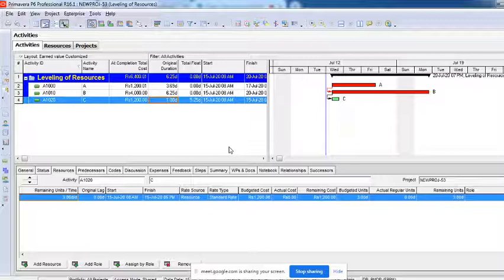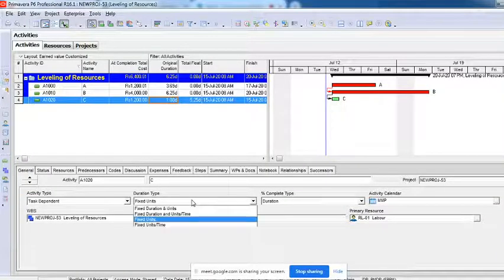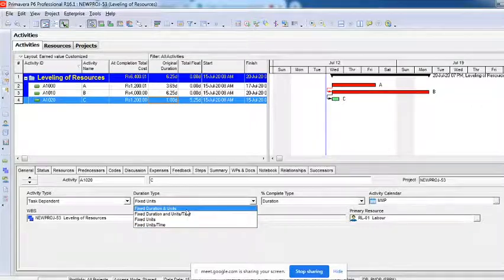So what do you want to increase? Either increasing the resources will increase the work, or increasing the resources, duration will decrease. Why you are increasing the resources is what you have to understand. If the work is not completing on time and you are increasing resources, that means your work will increase. But if you are increasing the resources to cut down the time, that is duration, that means duration has to decrease and the work has to be constant. So you have to change that according to your requirement. That is what these two are, fixed units and fixed duration and units.